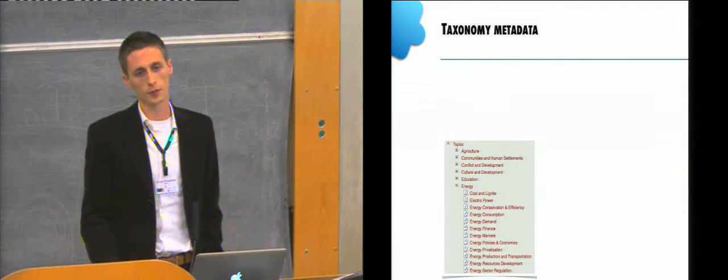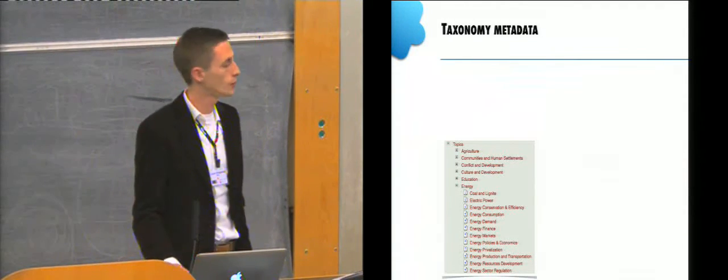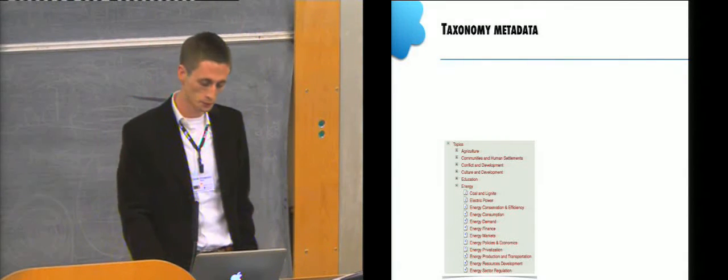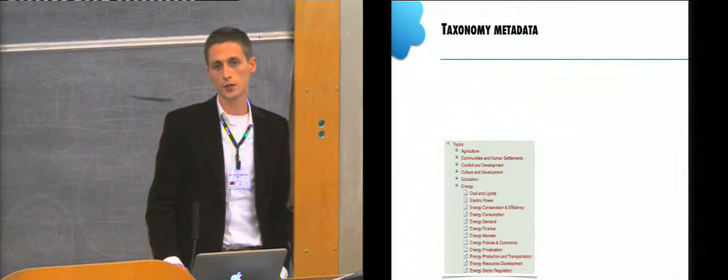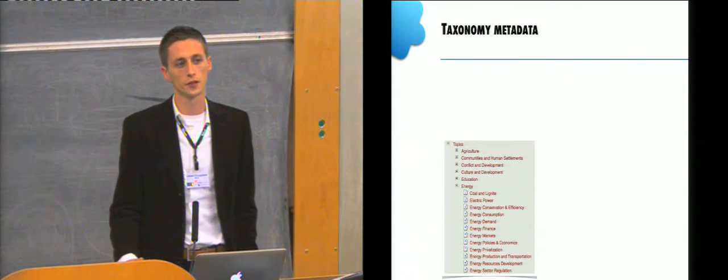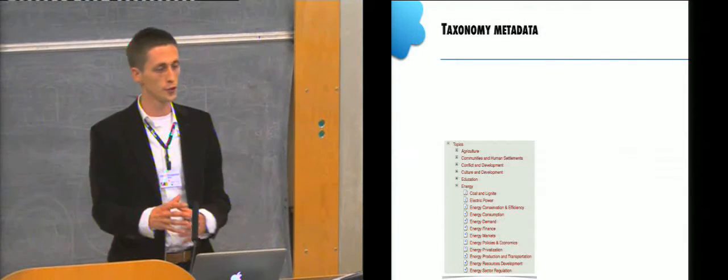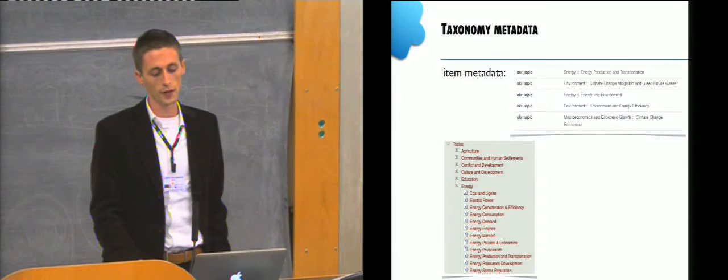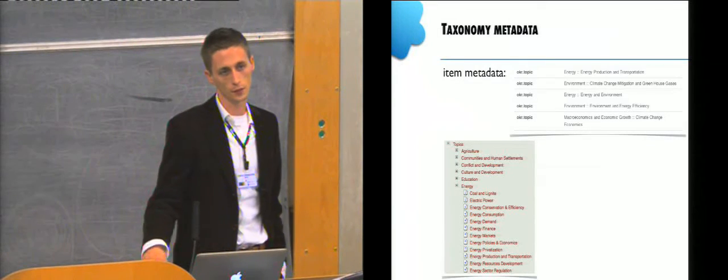But this creates a problem for taxonomies, and I'll explain why. This is an example of a taxonomy within the bank topics. And as you all know, taxonomies change over time. They evolve, certain topics change, and the structure itself might change. So that of course creates a problem for browsing the repository.